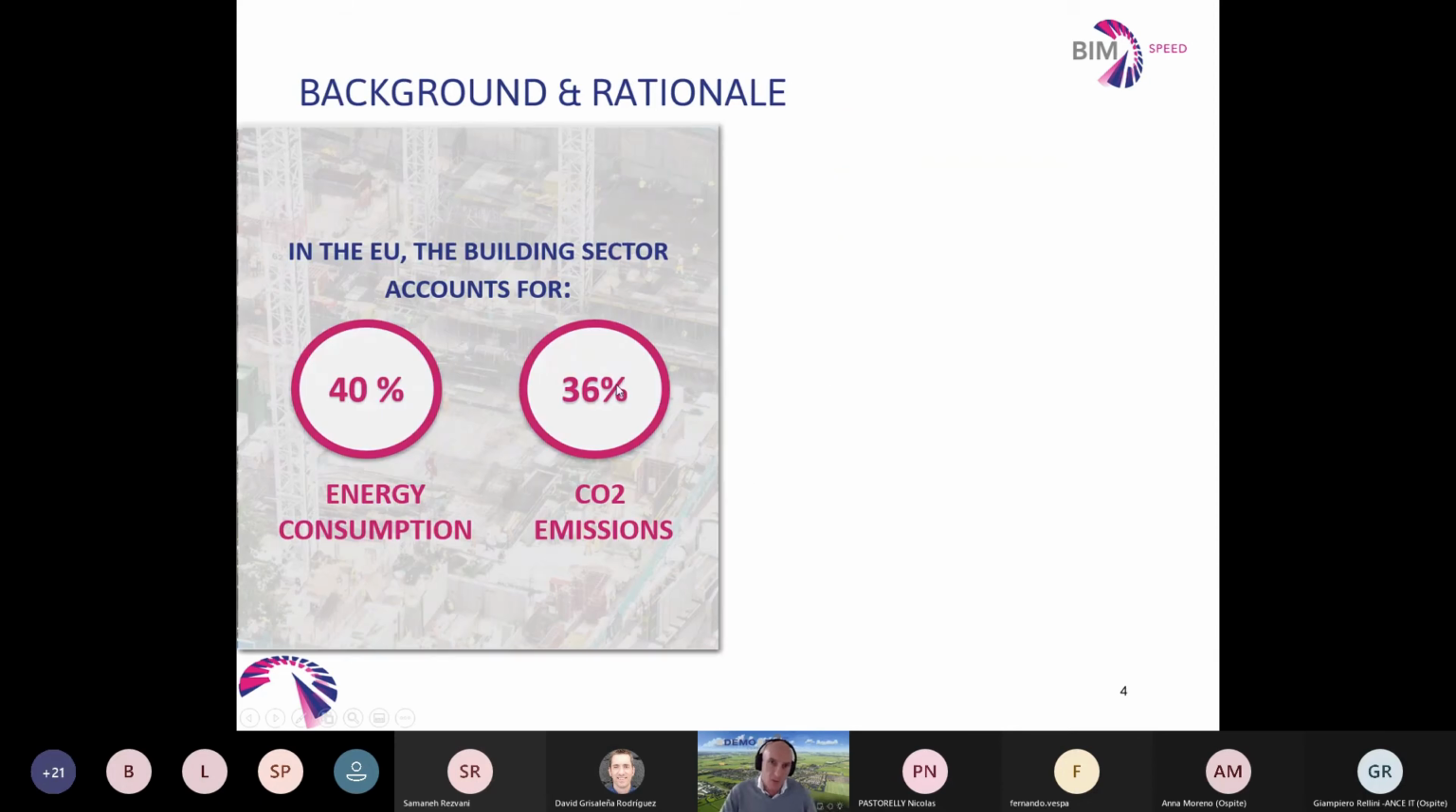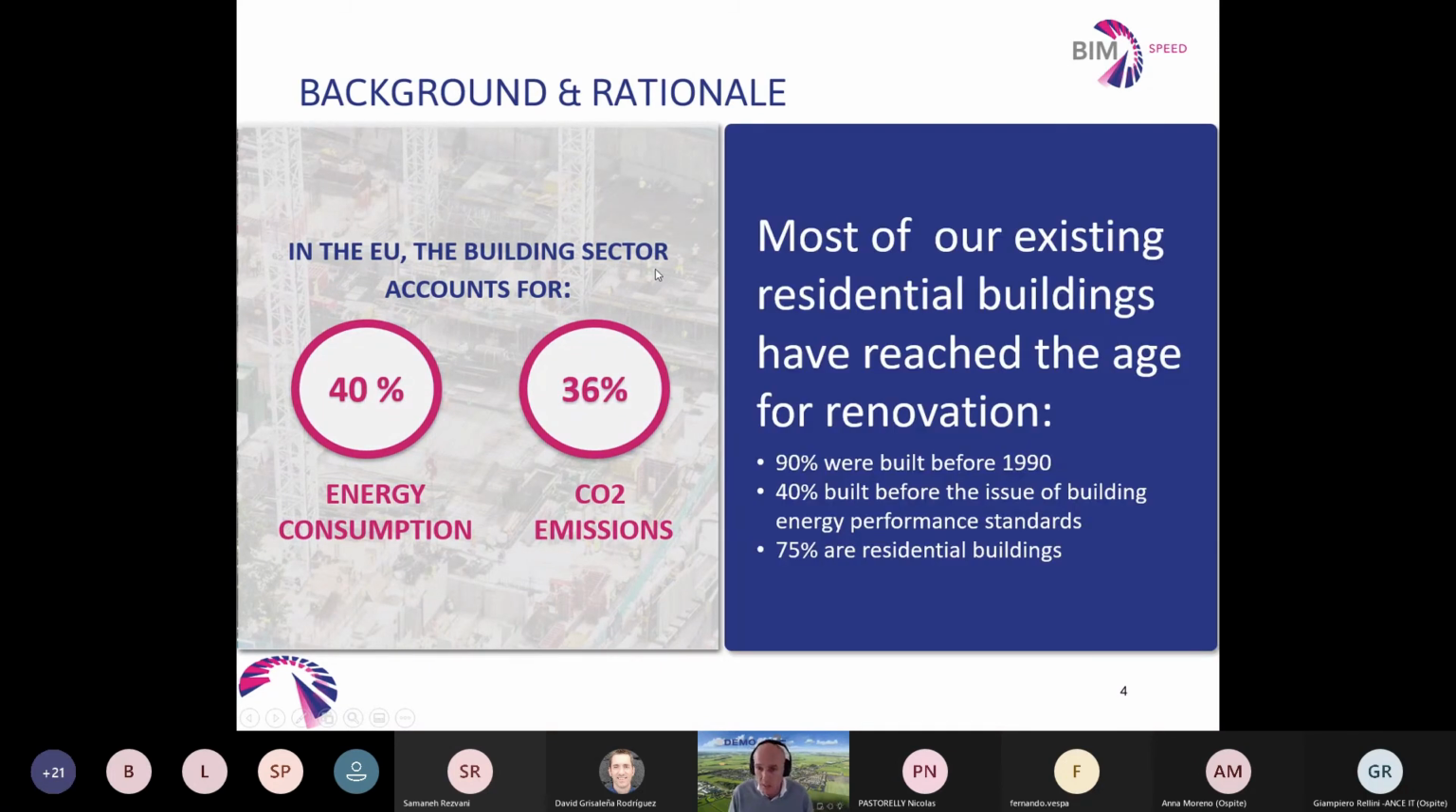So what is the background and rationale behind BIM-Speed? As you might know, in the EU, the building sector accounts for approximately 40% of the energy consumption and 36% of the CO2 emissions, which is quite a lot. And to add to that, we must know that most of our existing residential buildings have reached the age for renovation because 90% were built before 1990,